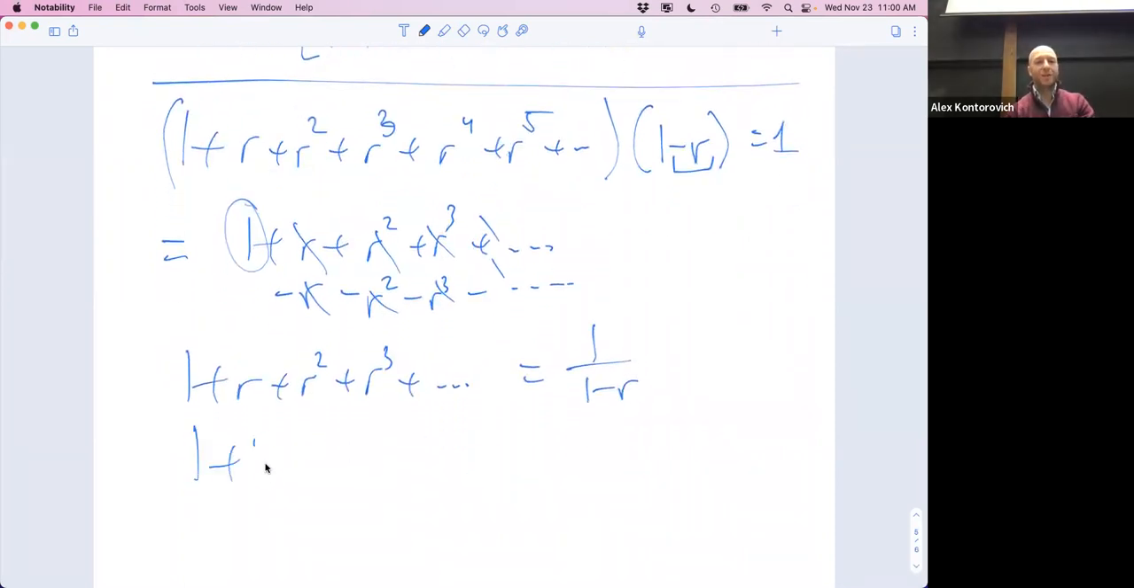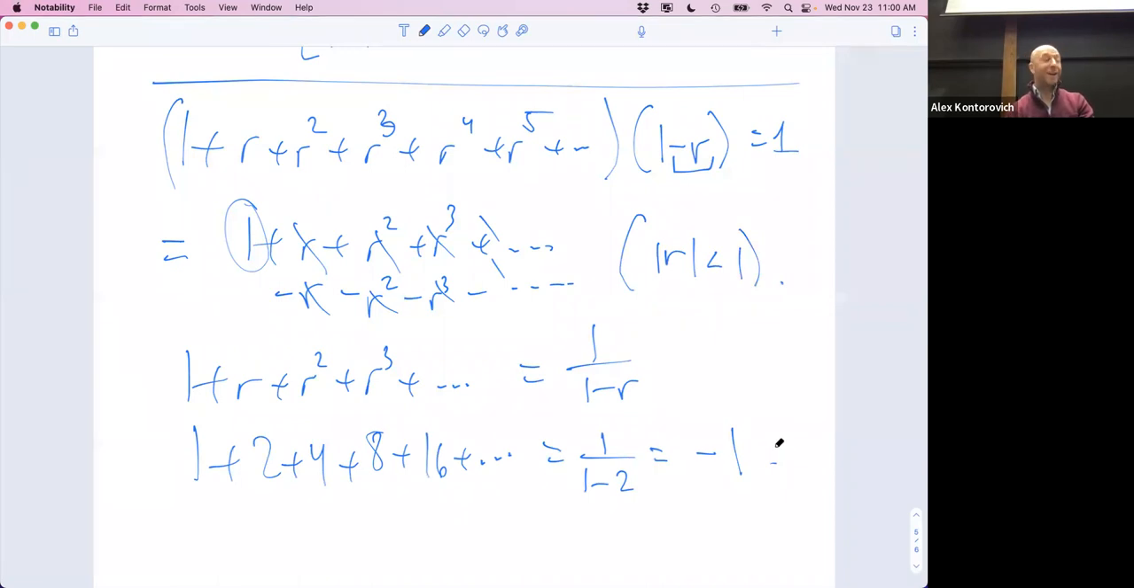So what's 1 plus 2 plus 4 plus 8 plus 16 and so on forever? That's 1 over 1 minus 2. 1 minus 2 is negative 1, so that's negative 1. That doesn't make sense. Of course, this only makes sense if this converges, so r has to be less than 1